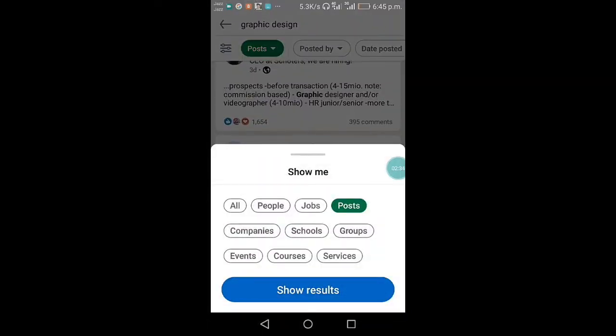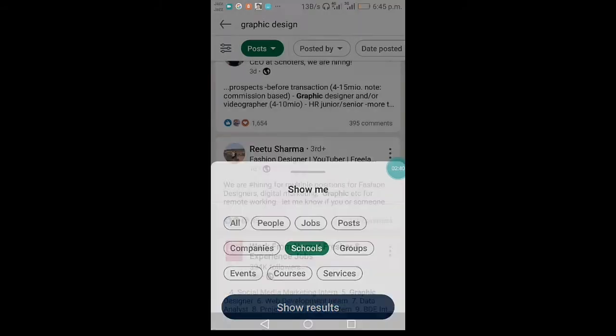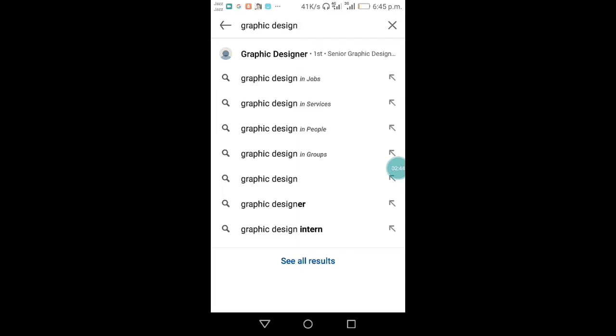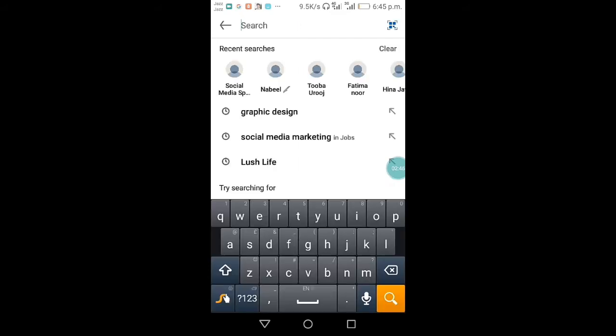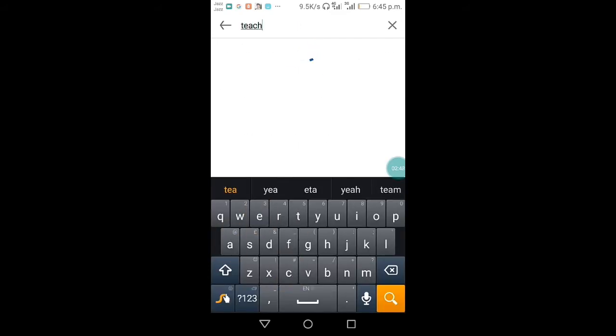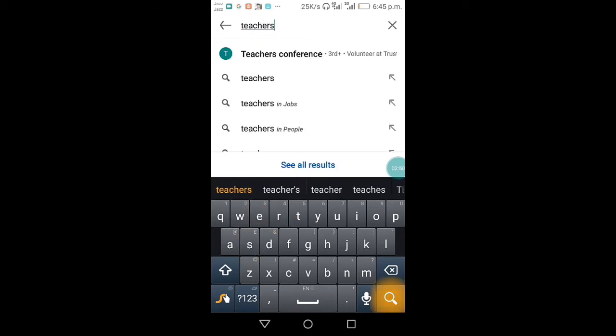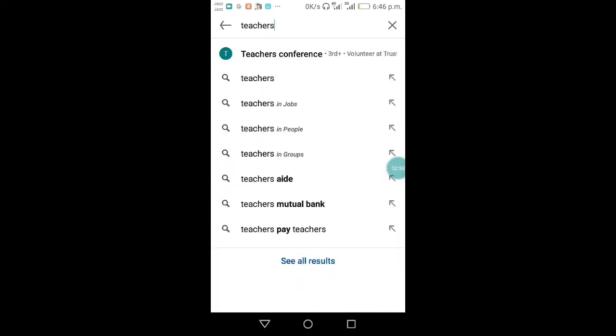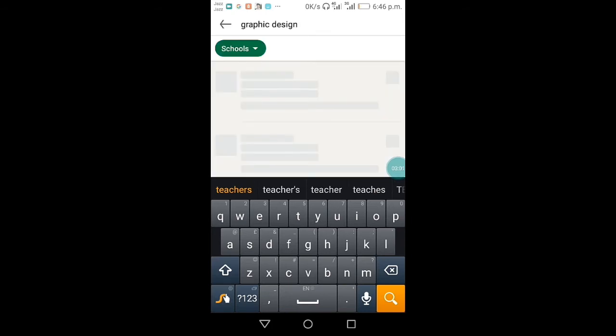We have multiple posts, and here we go for the schools. And we can also search for others, like if you are a teacher and you want a teaching job in any school, you can also apply for it on the LinkedIn jobs option.